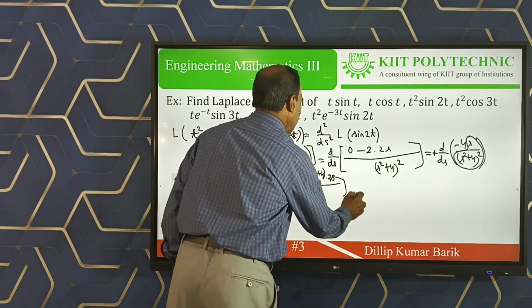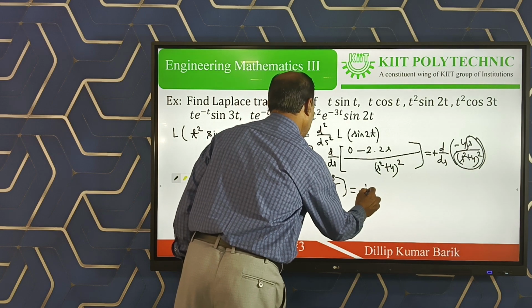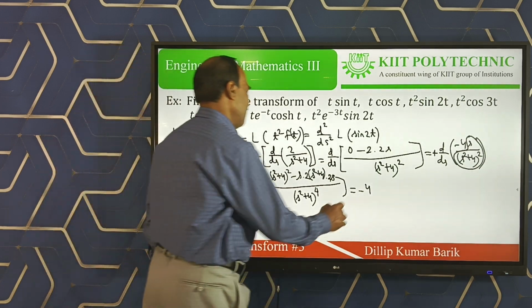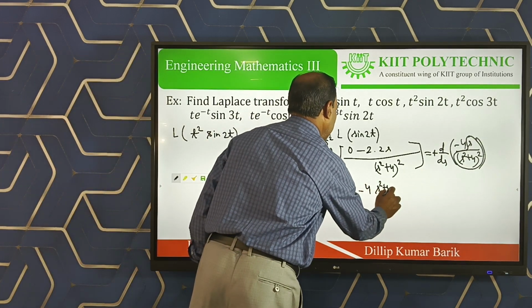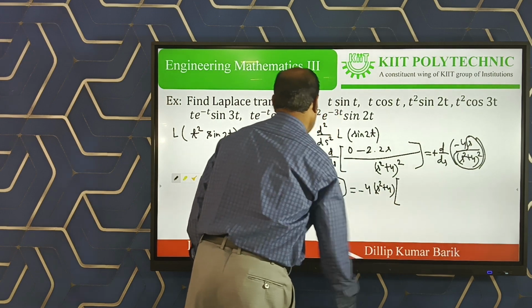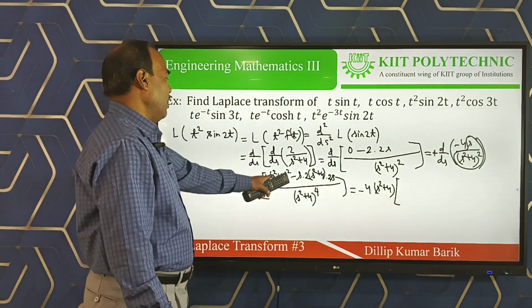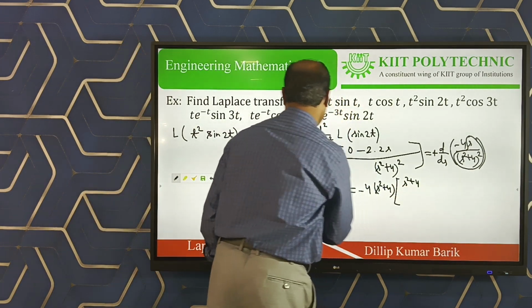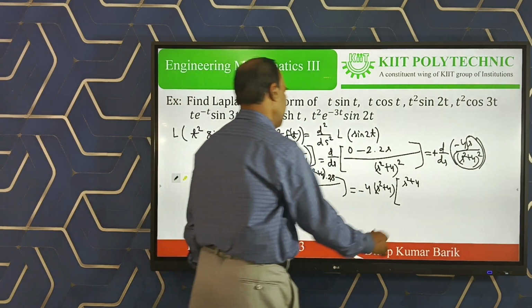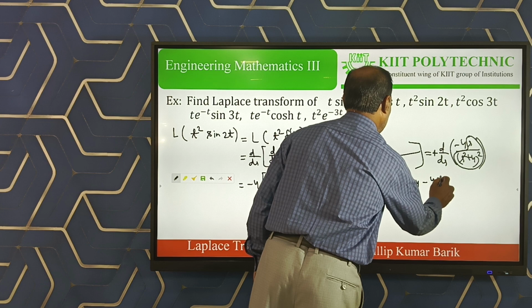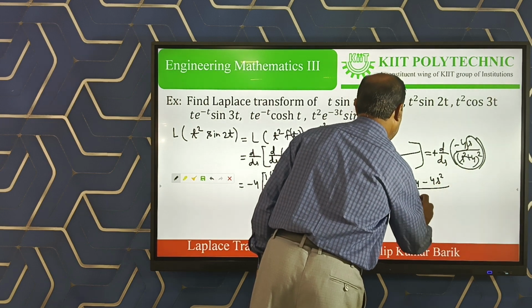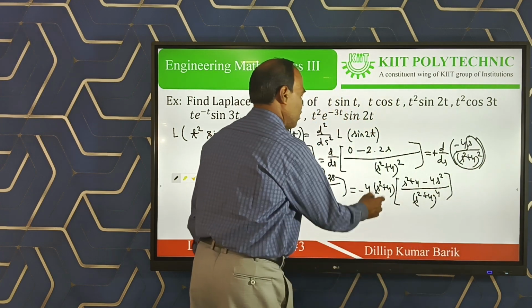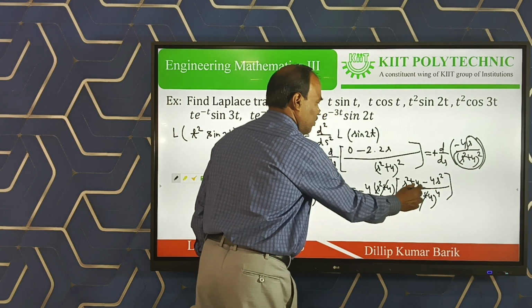So let us simplify, and the simplification is a more peculiar one. You should not directly multiply and so on, it will be very large. How to simplify? See, take s square plus 4, here it is common. It is simply algebraic, but it should be done correctly. Take s square plus 4 common, and within the bracket, s square plus 4 times 1, s square plus 4 outside, minus 2s into 2s, it will be 4s square, divided by (s square plus 4) whole to the power 4. Clear? So one s square plus 4 will cancel, this will be whole cube.